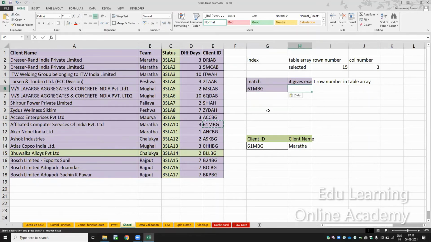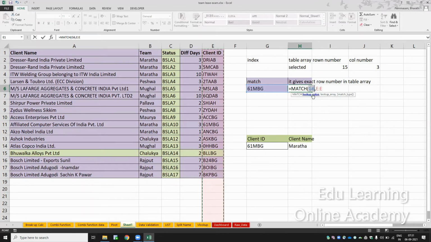Which row is it in? It is in the 11th row. So I'll use match equal to match of, this is a lookup value and this is a lookup array where I have to search. This is the lookup value, and where is this lookup value? It is in this array, the lookup array.